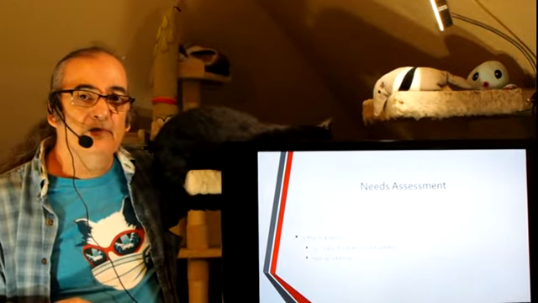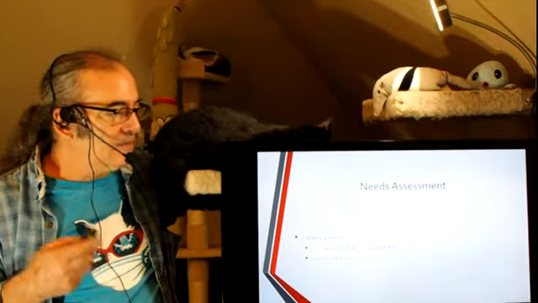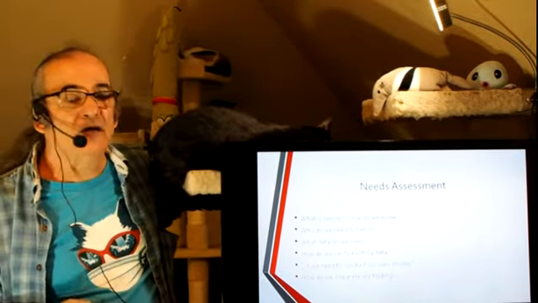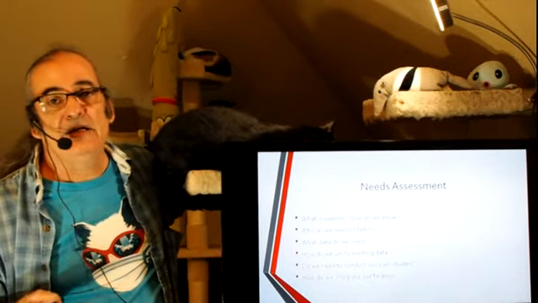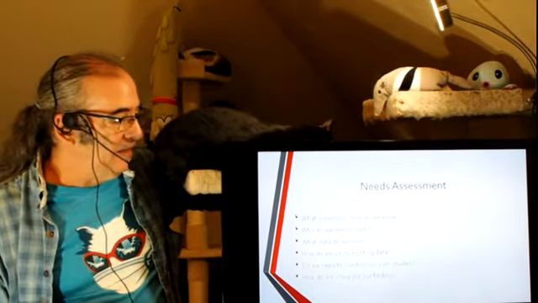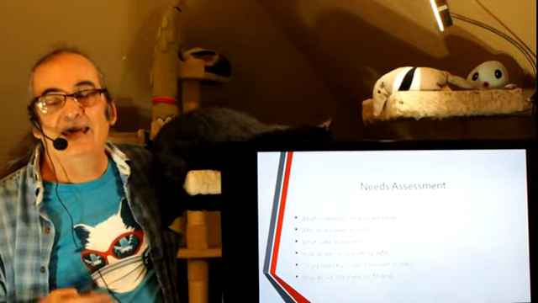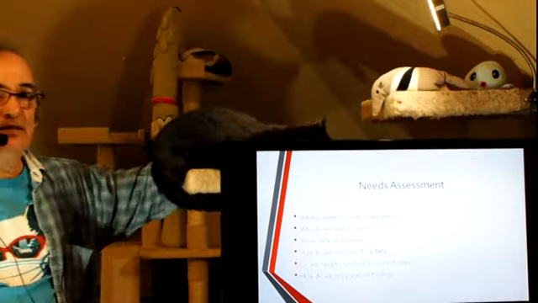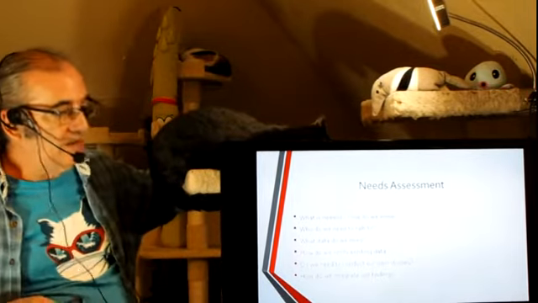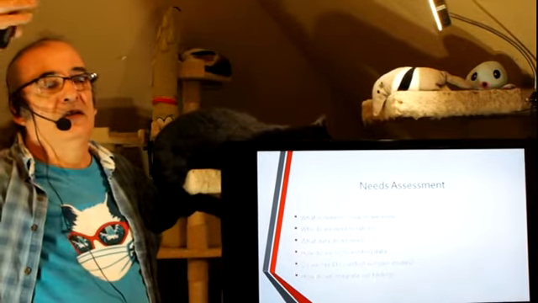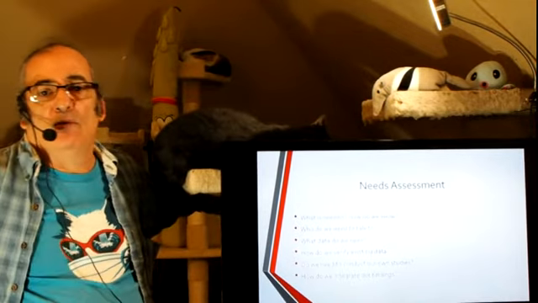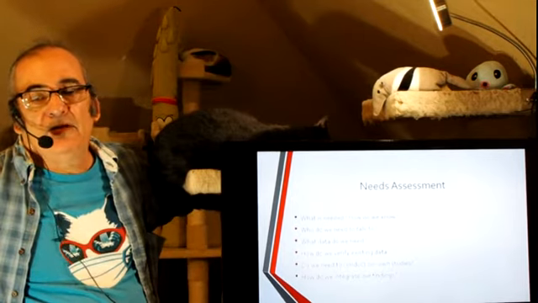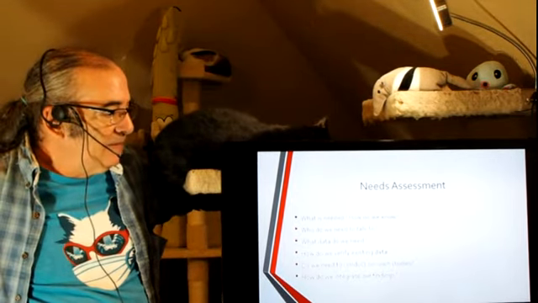How do we know? And how do we know becomes the big part of it. So what is needed? How do we know? Who do we talk to find out? What data do we need to demonstrate that there is a need? How do we verify the existing data that points to that need? That is, is it good data or is it bad data? And it's possible there's bad data, right? If some manager somewhere just said, I need more people, and you say, well, based on what? Right? You put their feet to the fire and you have them present data.